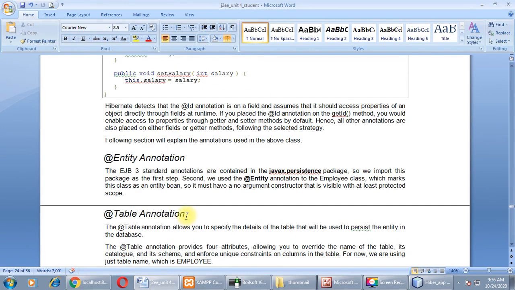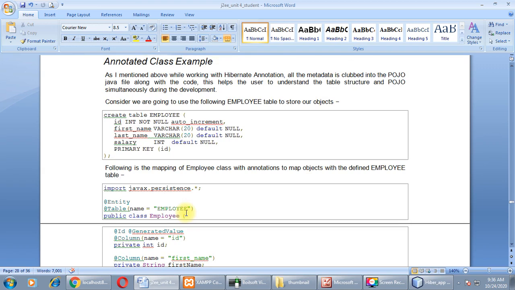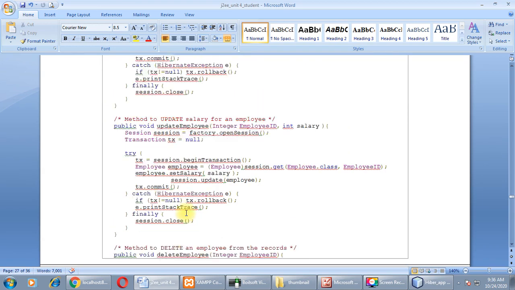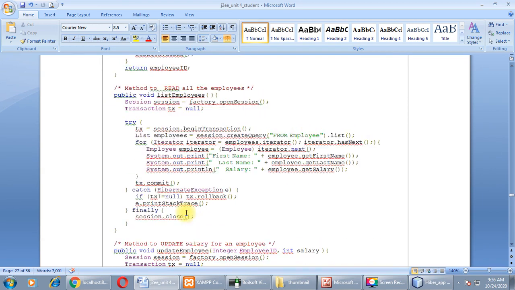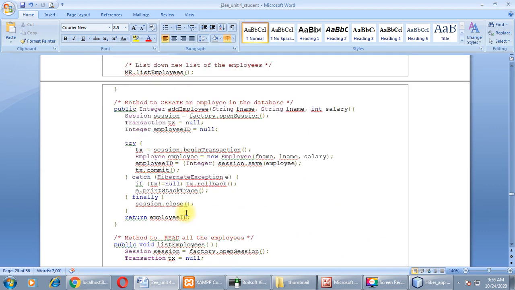default constructor, we will add values in our table, right?